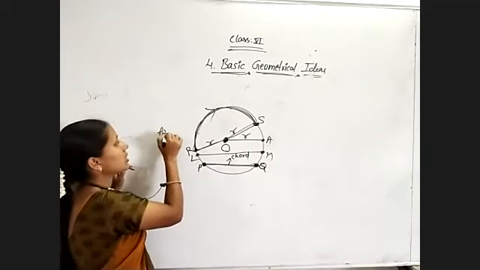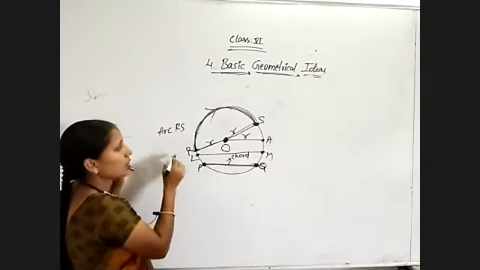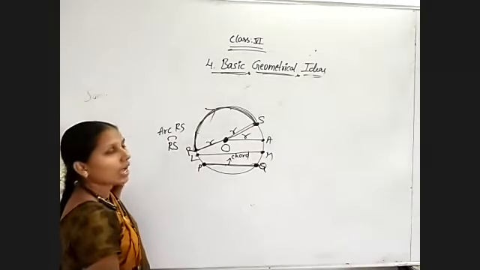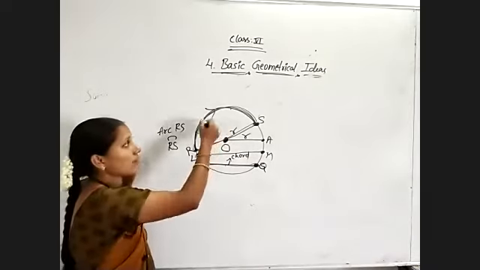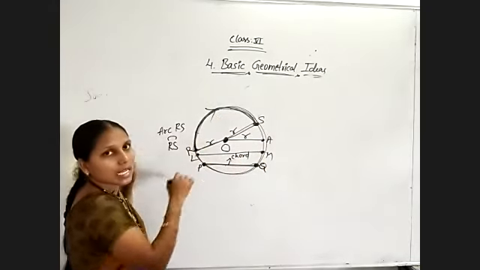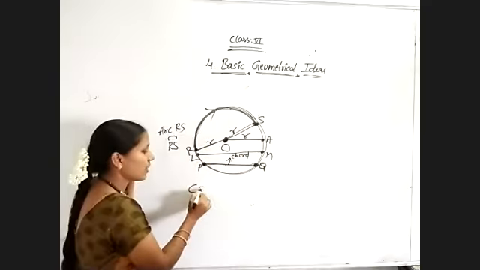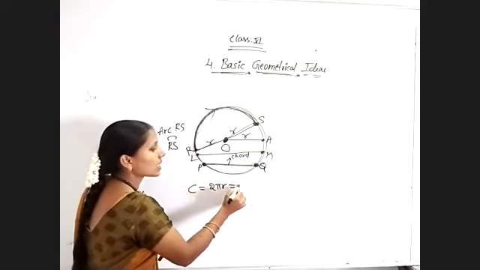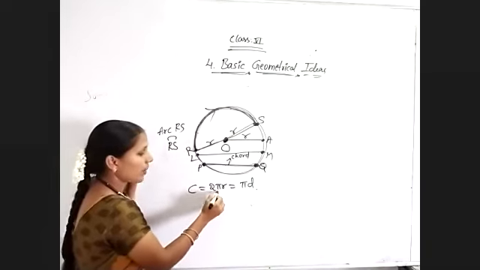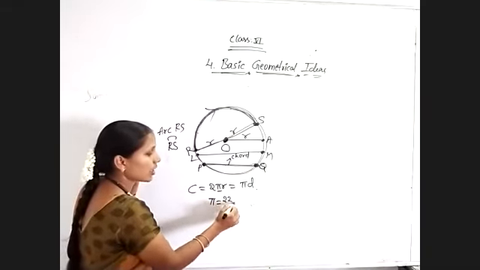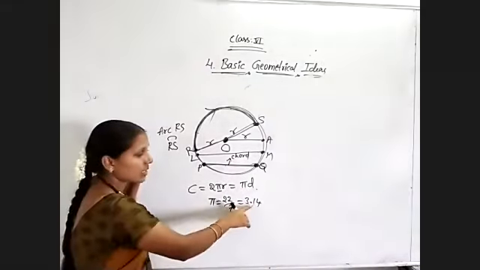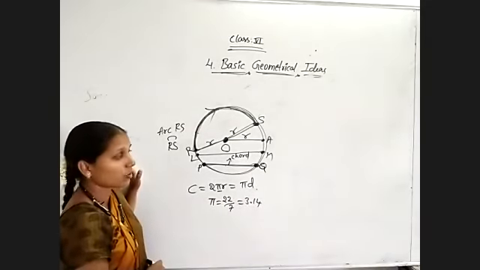So here it is denoted by arc RS. Otherwise, I am using the symbol for arc RS. Okay. And next, after this, we have studied about circumference. Circumference is nothing but the measure of the total length of the circle, and it is given by C equals 2 pi r, that is equal to pi d in terms of diameter, in terms of radius. And here pi is a constant value. Its value is given by 22/7, that is nothing but 3.14 in decimal notation. And this is an approximate value, not the exact value, remember.